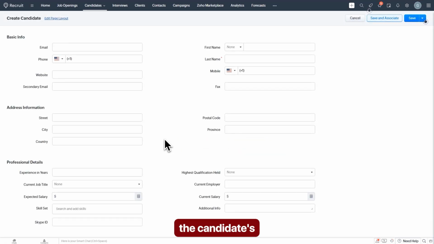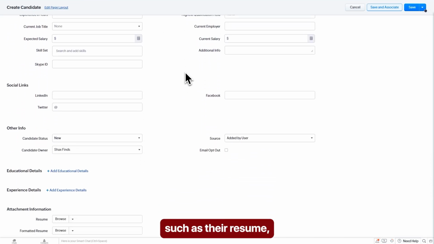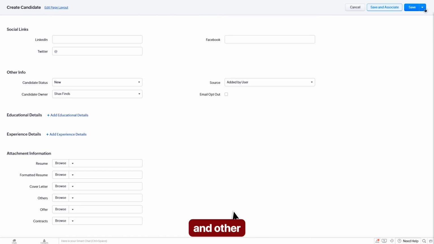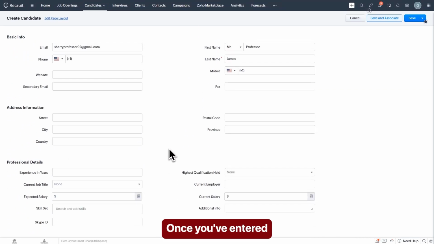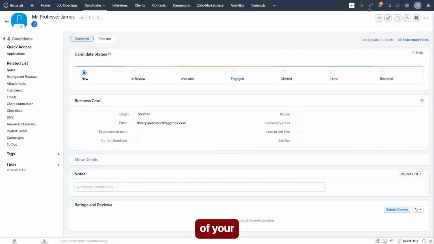Now, enter the candidate's information, such as their name, email address, phone number, and any other required details. You can also add additional information, such as their resume, skills, experience, and other relevant details if needed. Once you've entered all the required information, click Save to create the candidate. Once saved, that candidate becomes part of your recruitment database and can be associated with one or multiple job openings